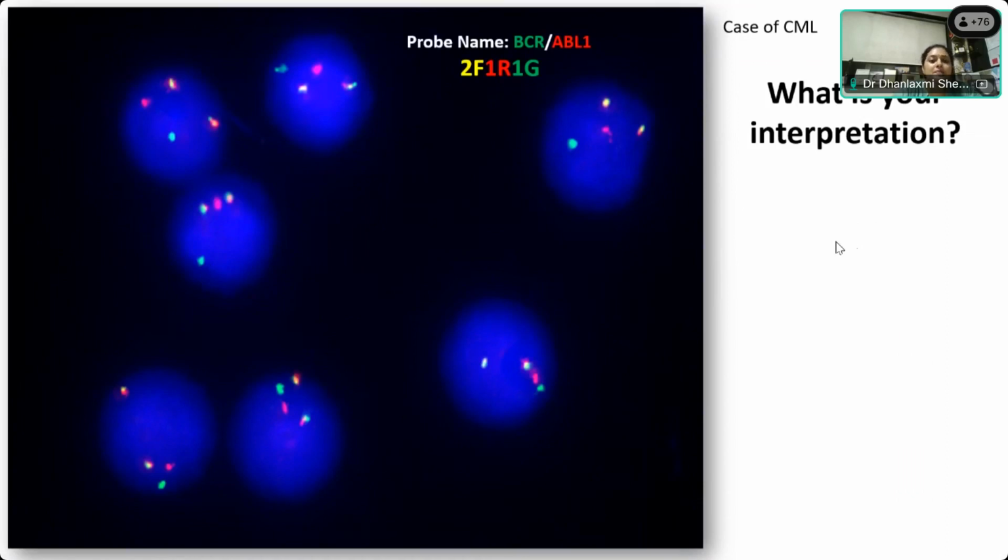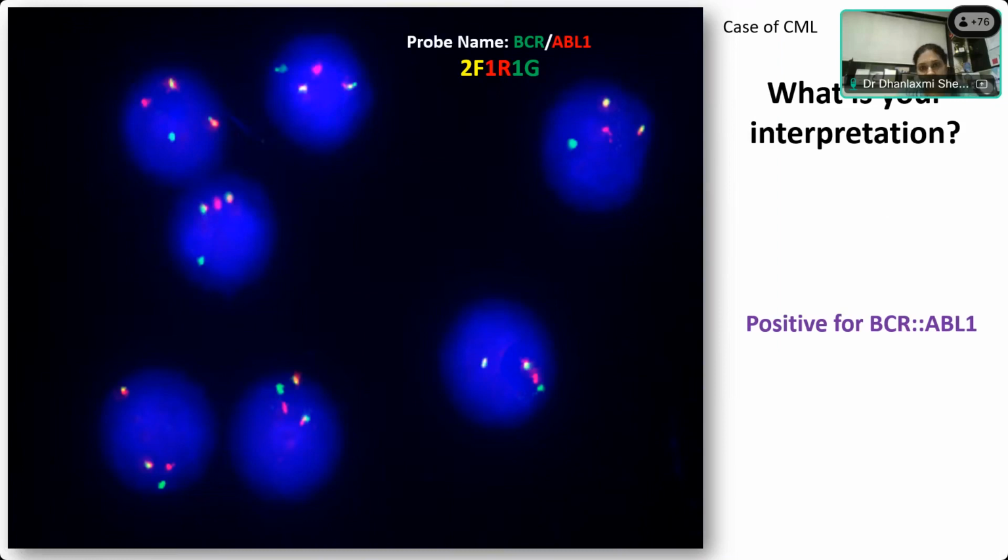This is the pattern that I can see in my interphase cells under the microscope. So what would I interpret this as? Most of them have the same pattern. There are some answers: BCR-ABL fusion. Yes, ma'am. BCR-ABL fusion. Translocation 9;22. Since we are using the BCR-ABL1 probe, I would interpret this as positive for BCR-ABL,